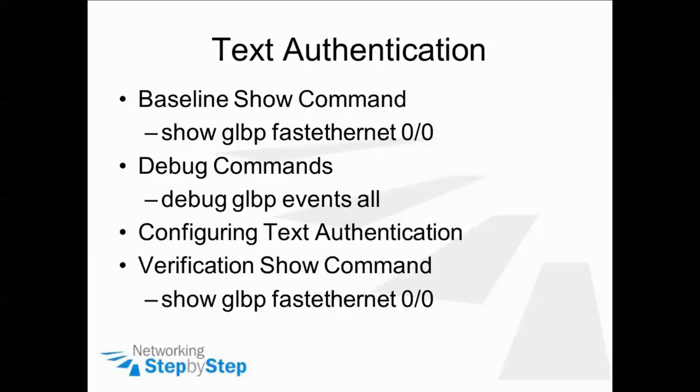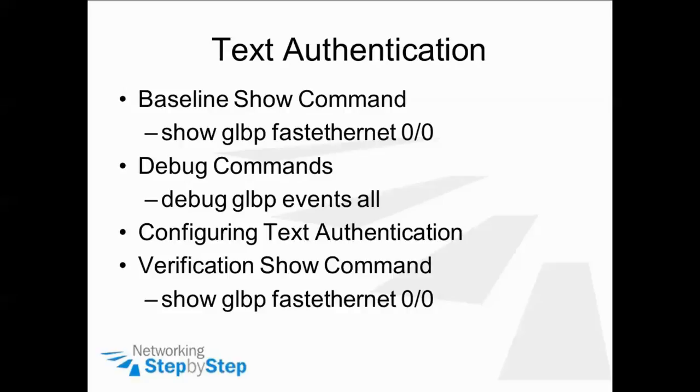In this video cheat sheet, I will be setting authentication for GLBP on interface FastEthernet 0/0. Previously, I have configured GLBP on interface FastEthernet 0/0 with no authentication. I will start off with the baseline show command, show glbp FastEthernet, to display the GLBP status of the